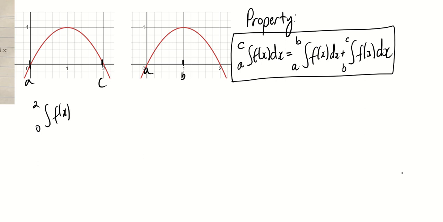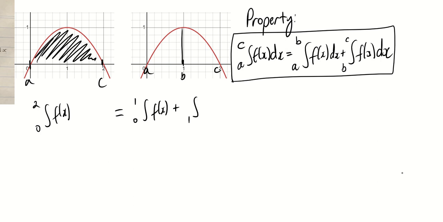So here's A, here's B, here's C. It'll be this definite integral, the area under the curve. I could do it in 2 parts. I could do from 0 to 1, and then from 1 to 2. I get the same result. Here's the first area, and here's the second area. So we're going to use that property without any sort of loss of generality in that problem